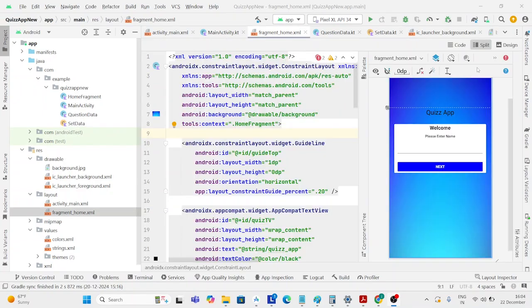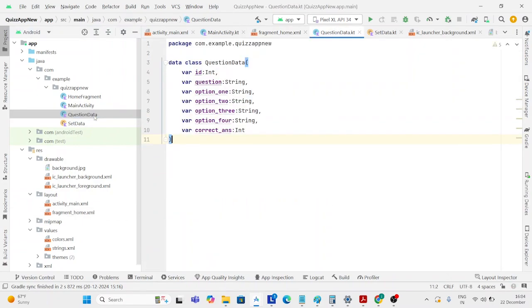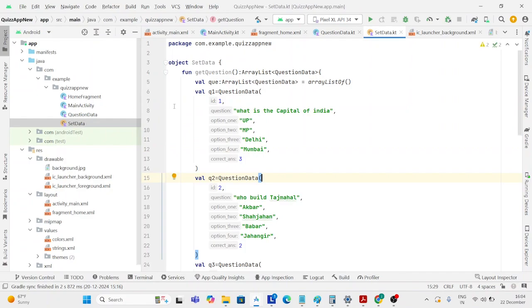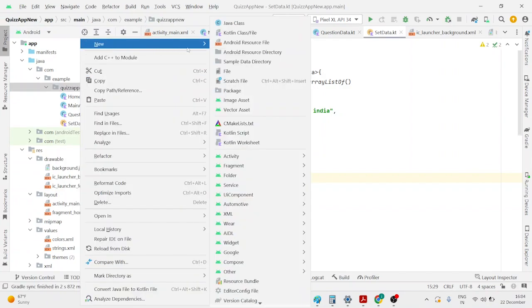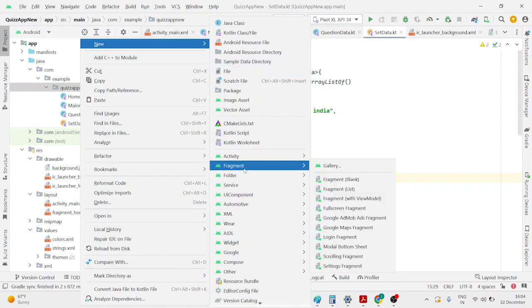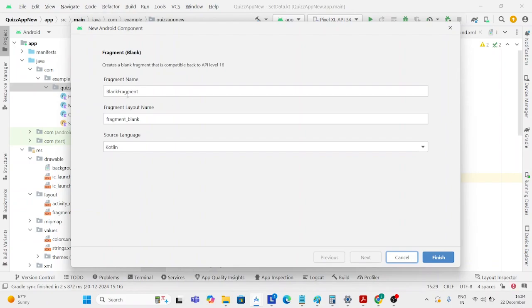Welcome to part 3 of the quiz app series. So in the last video, we have created the data class and also created the object set data. So in this video, we are going to create one fragment for displaying the questions. Okay, let's create one fragment. Right click over here and let's take new fragment, and I will take here a blank fragment, and let's name it as question fragment over here,